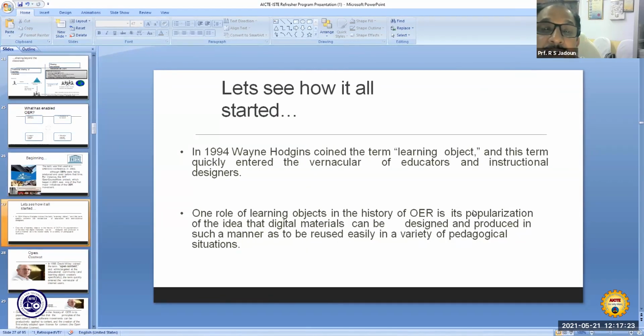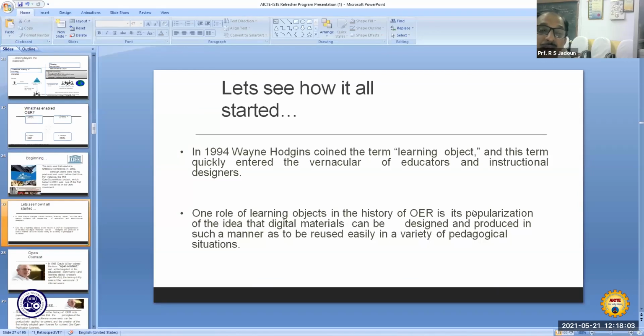Let us further go into the history. In 1994, Wayne Hodgins defined the term learning object, and this was the eye catcher of instructional designers. The role was popularization of the idea that digital materials can be designed and produced in such a manner as to be reused easily in a variety of pedagogical situations.